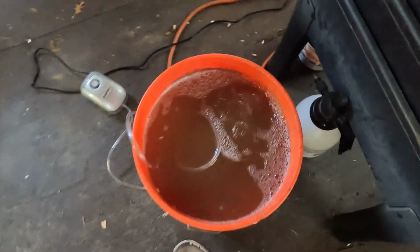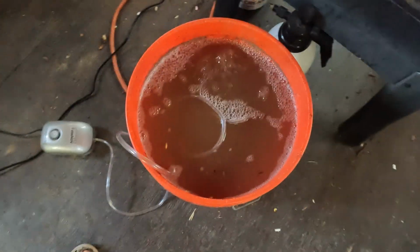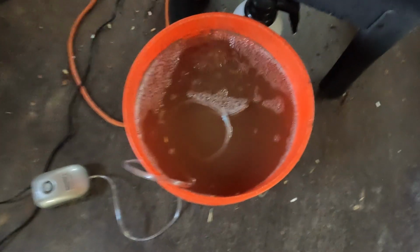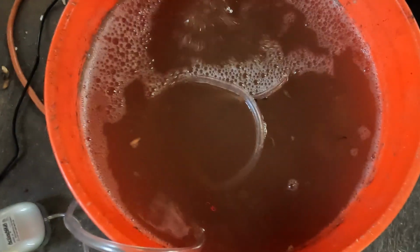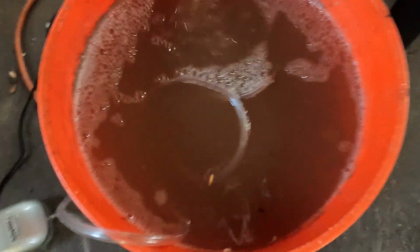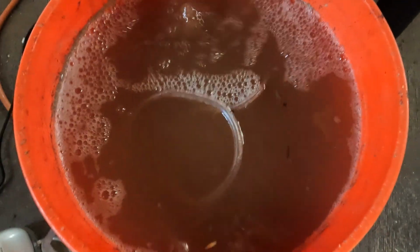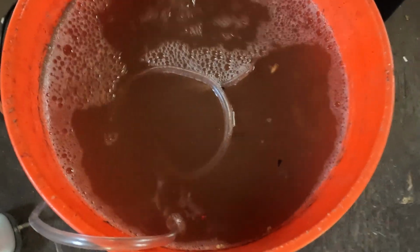Now, what I did was add 5 gallons of rainwater, since it's already dechlorinated. I put in an air stone, which is where you see this bubbling. The aquarium people would know instantly what I'm talking about. Hydroponics as well. And I hooked up a little pump. I added about 2 cups of the cottonseed meal, which is a little over 1.5 pounds. And I'm letting this